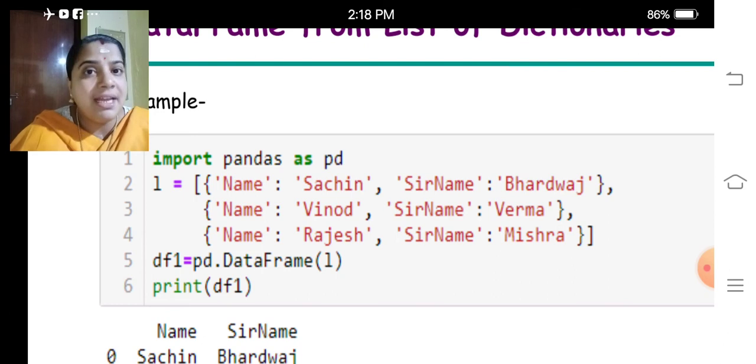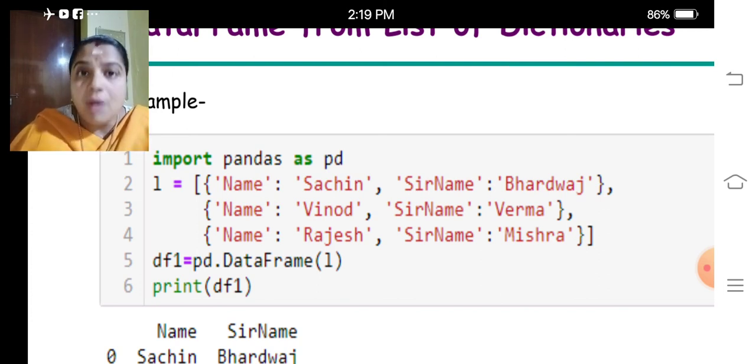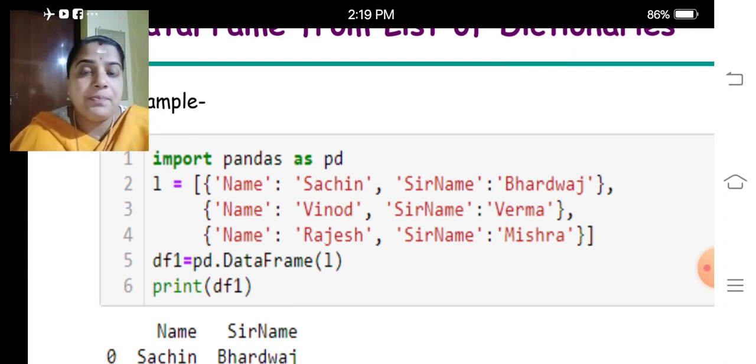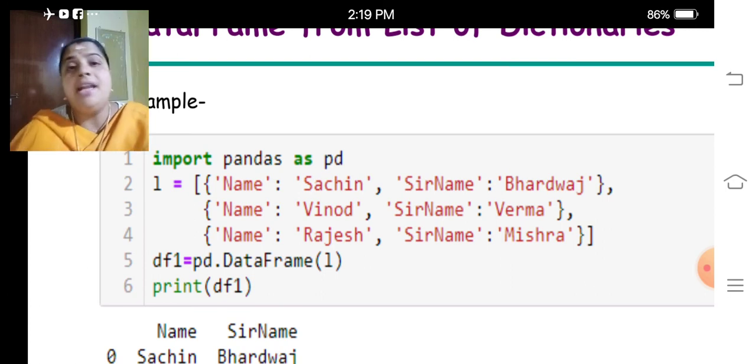But this is something else, a list of dictionaries, one or more dictionaries in a list. Here L represents the list. So here we are trying to give that list of dictionaries, then that list is given to the data frame.